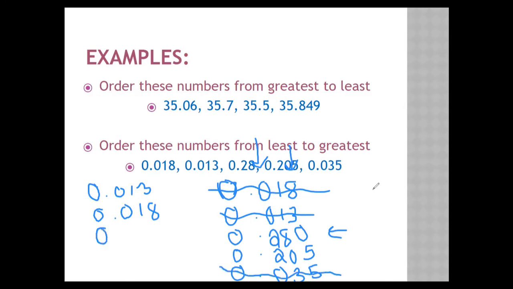So my next number would be 0 and 35 thousandths. And now I just got to look at those 2 numbers to find the smallest. Tenths place, they both have 2s. And then in the hundredths place, the top number has an 8. The bottom number has a 0. That is obviously smaller. That would be 0 and 205 thousandths, which leaves us with the greatest number of 0